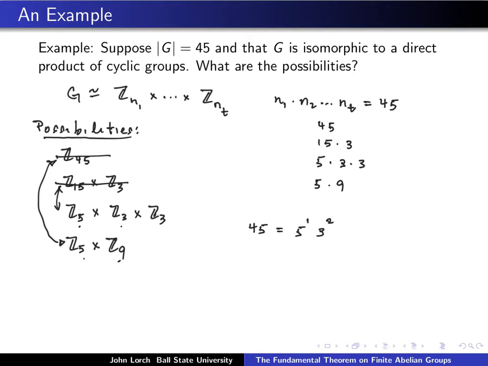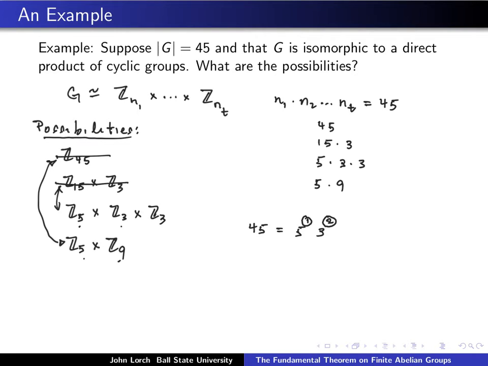Now, in terms of counting the number of possibilities, the exponents that we find in the prime factorization are going to be important. So the 1 on the 5 tells us that there's really only Z5 as a possibility there. However, the 2, which is the exponent on the 3,